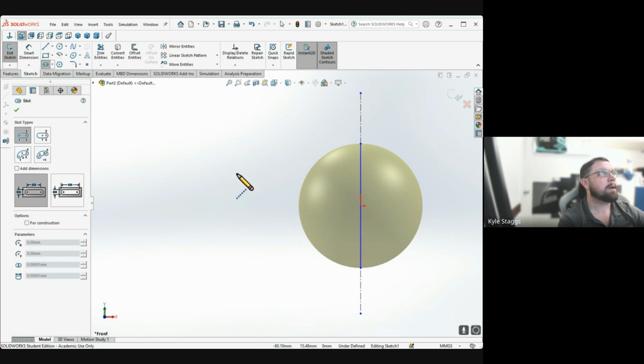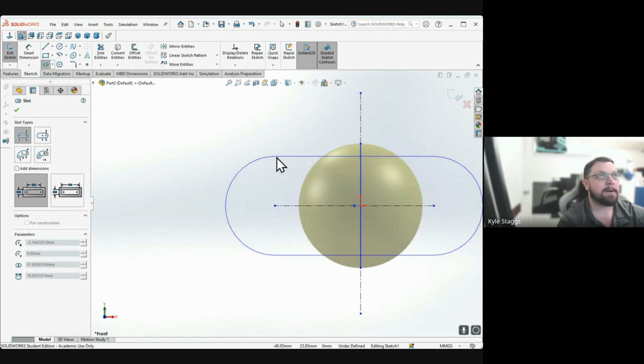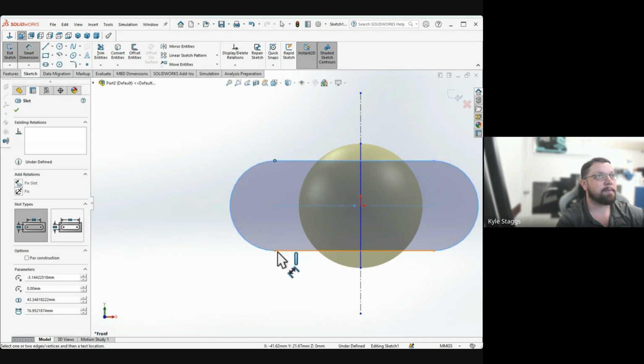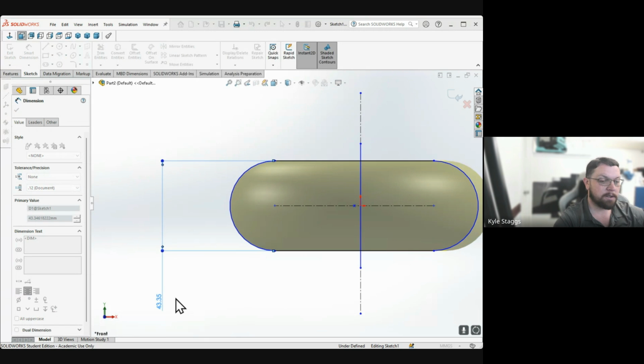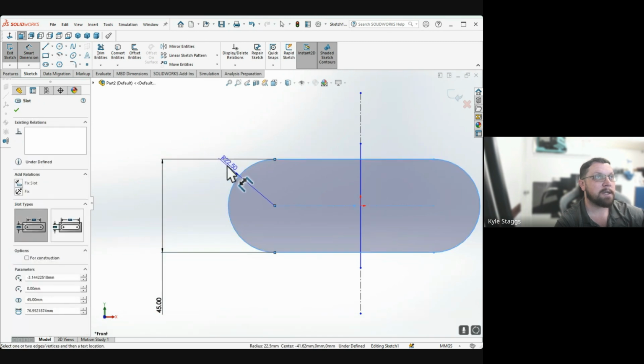So I'm going to use a slot, which is one that you will also use for this assignment. So I'm setting the center line for the slot, and now I'm setting the geometry. I'm also going to make sure that it's off center, just because, in order to show you that you can revolve things that are off center and uneven. We just want to set a couple of the dimensions. So 45 millimeter,